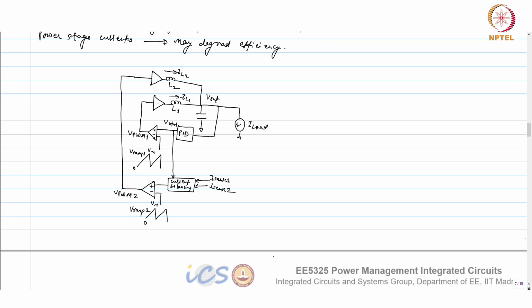Yeah, it will do. So in this case, it doesn't care why the mismatch is there. But when it balances with a different RDCR, the impact on efficiency is very small compared to if this mismatch is due to the duty cycle. You can do that calculation, because that RDCR is already very small. So that mismatch will hardly matter, whether it is 1 or 2% or even 10%. You will see the efficiency impact won't be that much. But if you create a 1% difference in the duty cycle, that efficiency impact will be huge.